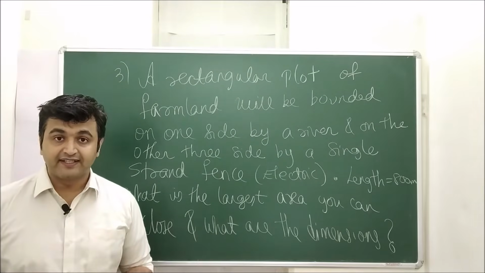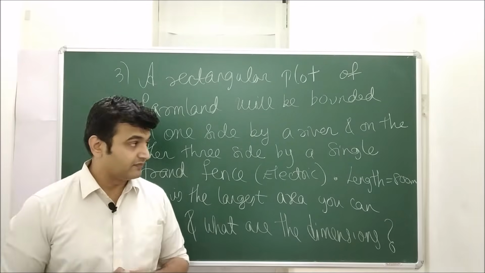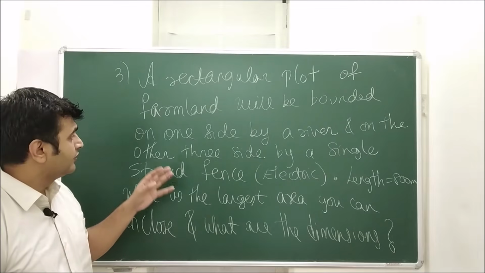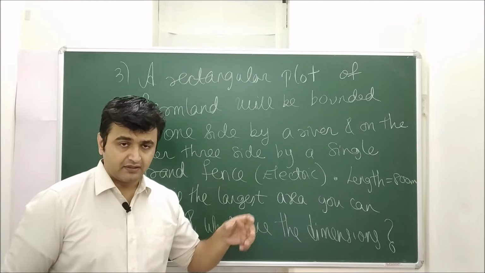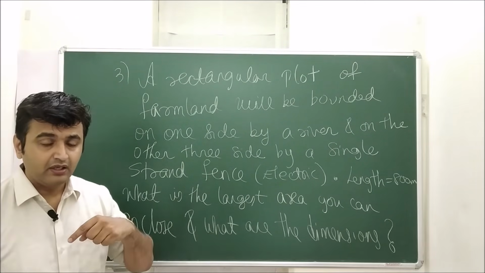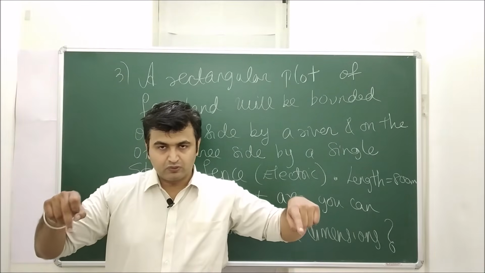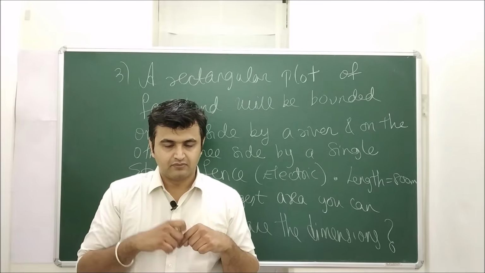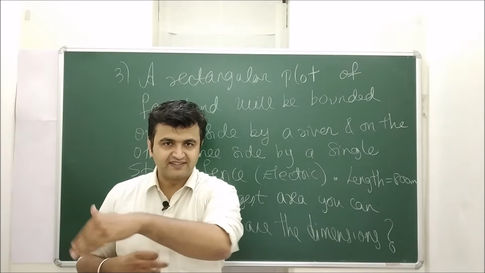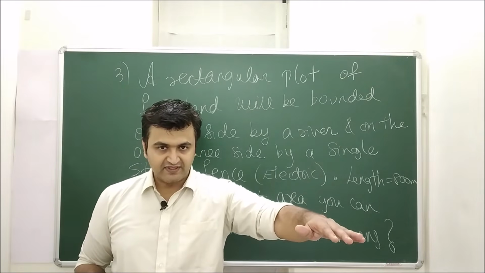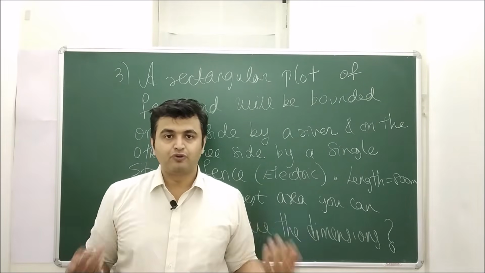So here is the third example, the fencing example. So you have a rectangular plot with you and you want to do a fencing to your farmland, and on one side there is a river. Okay, so there is a river flowing, and so I want to do the fencing at the remaining 3 sides. Okay, at the river I don't want to do the fencing. I want to enjoy the view. So near the river side I don't want to do the fencing. On the remaining 3 sides I want to do the fencing.